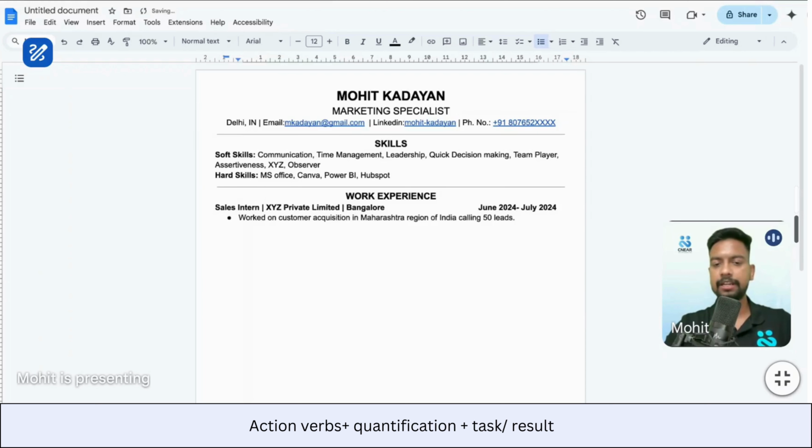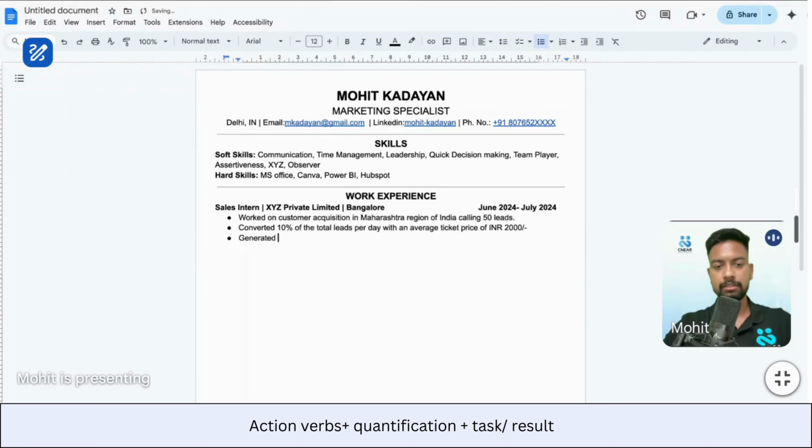Now my conversion rate is 10%. So what I can say is: converted 10% of the total leads per day with an average ticket price of INR 2000,